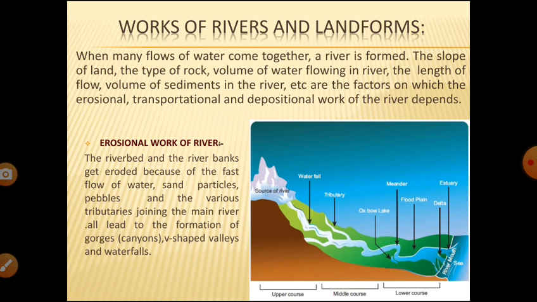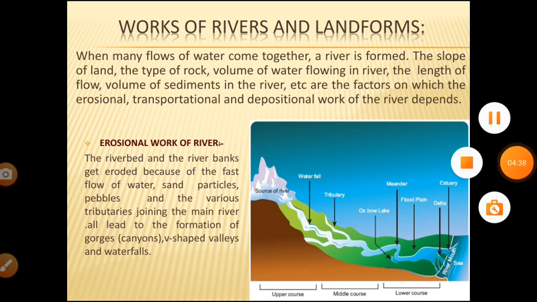So, children, we will see what is a tributary. A tributary is a fresh stream that feeds into a larger stream or river. The larger river is called the main stream. The point where a tributary meets the main stream is called the confluence. Tributaries do not flow directly into the ocean.